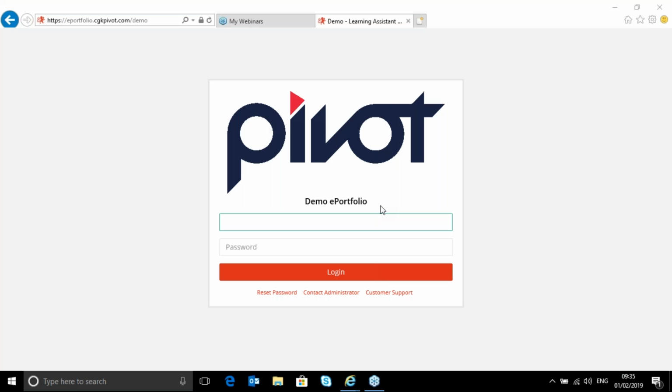So this is just how to set yourself up as an assessor. So just going through the main bits of the menus and things. So what you would normally get is a login page. Now your login page is actually,